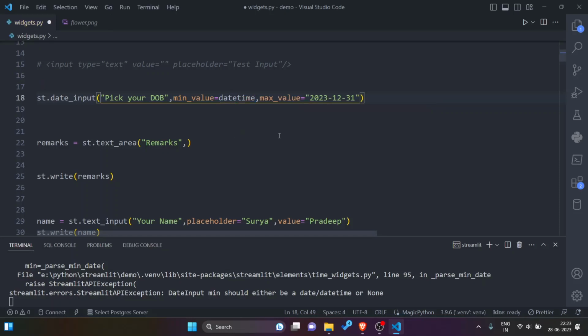To see this example, datetime.date. Then let me pass year, month and day. Similarly, max value is 31st of December 2023.